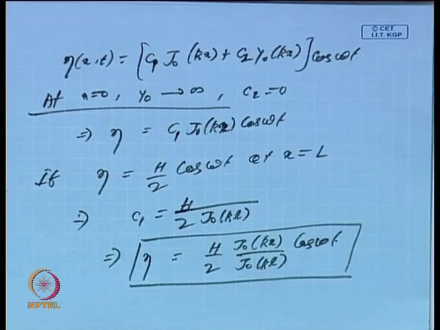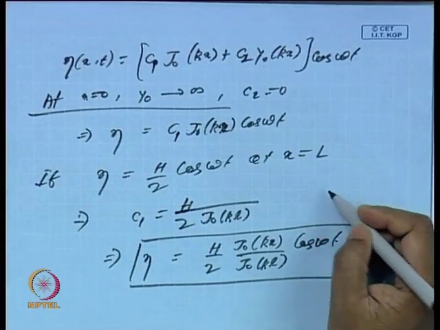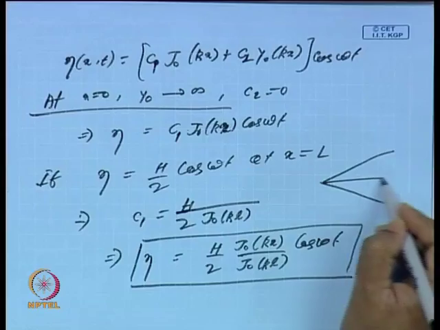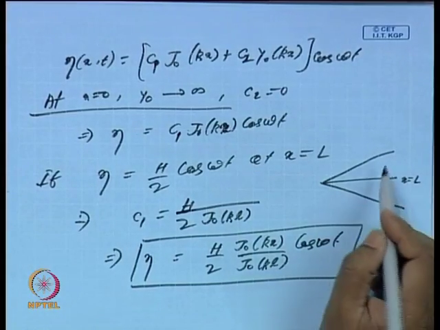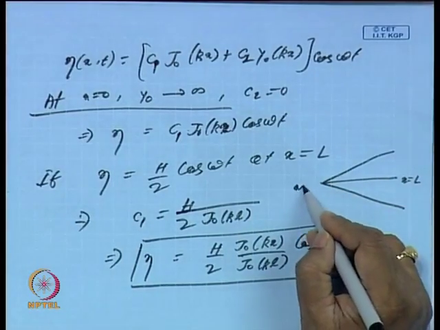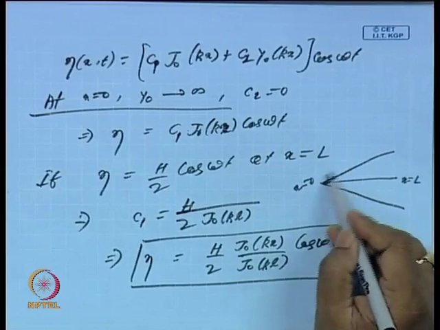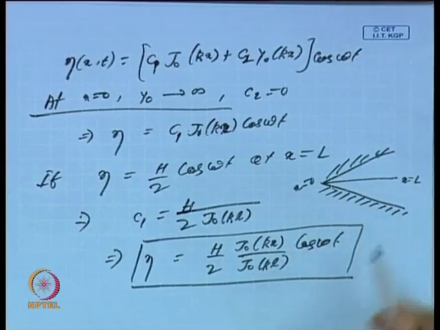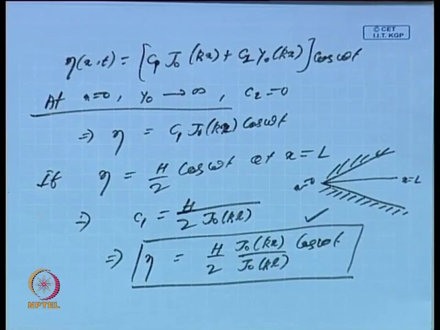And there is a wave here; my channel will look like this. This is at x equal to L, and at x equal to 0 the channel is like this. This is the way it will look, and we can see that these are cylindrical waves, particularly cosine type waves, which decay.